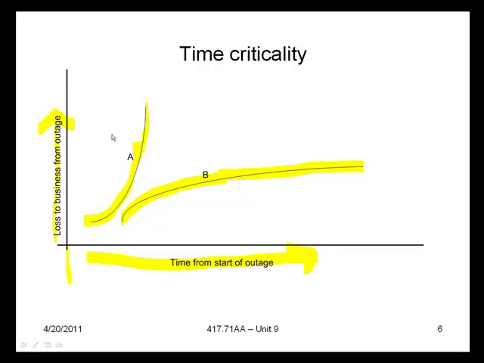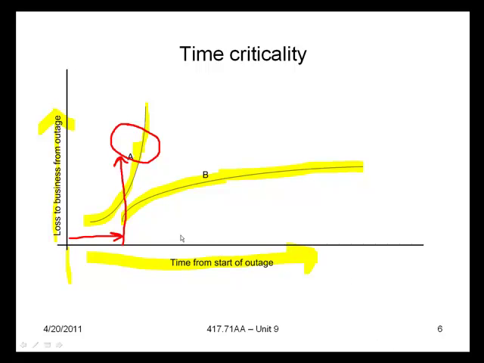The A strategy is the case where you might want to deal with hot standby, or at worst a hot site, where for this much cost, you can be up and running in this much time. Very little time, but very high cost. On the other hand,